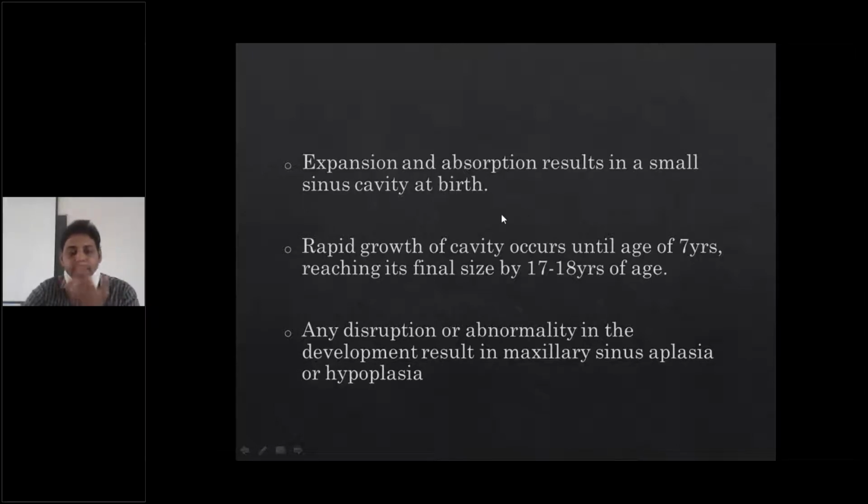a maxillary sinus here and here, which are air-filled cavities. We will be seeing black color spaces. But how will you identify whether it is aplasia, hypoplasia, or a normal maxillary sinus? There are 3 to 4 points which you should recognize, whether hypoplasia or normal. See, usually the shape of the maxillary sinus is quadrangular.